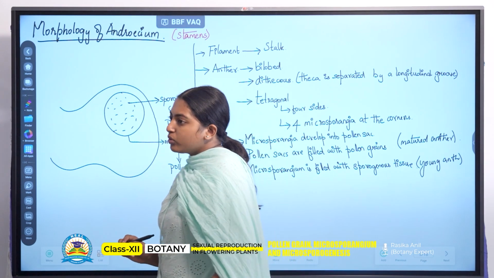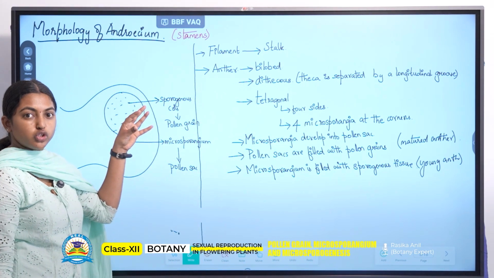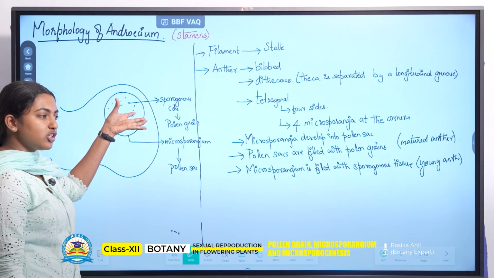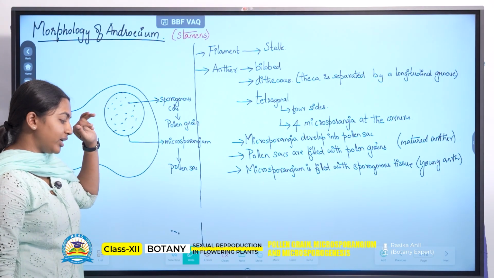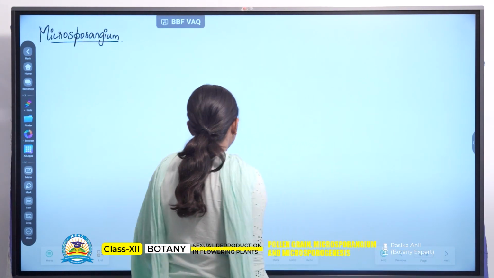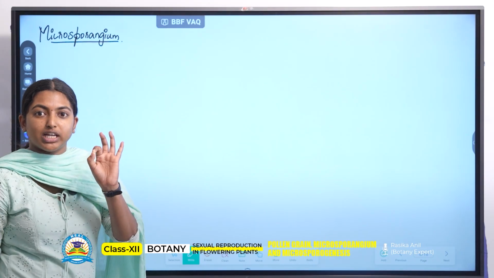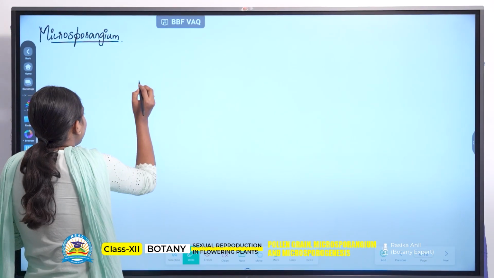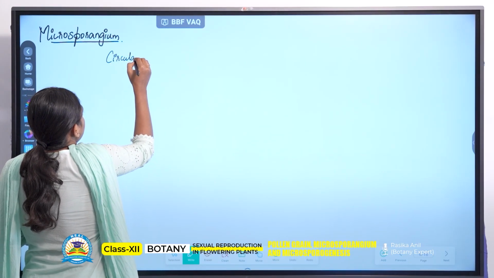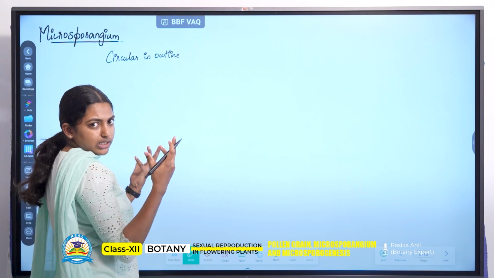Right? Now, we learned about the structure of the stamen as a whole. In that we understood anther is important, so we learned about anther. In that we understood that microsporangium is important, so we started learning about microsporangia, right? So let's learn a little more about microsporangium. Microsporangium is singular, microsporangia is plural, right? So this microsporangium, what's the shape of this? It is circular in outline.